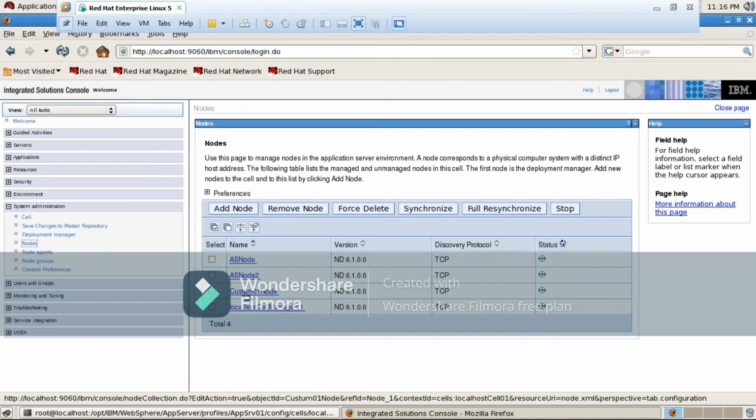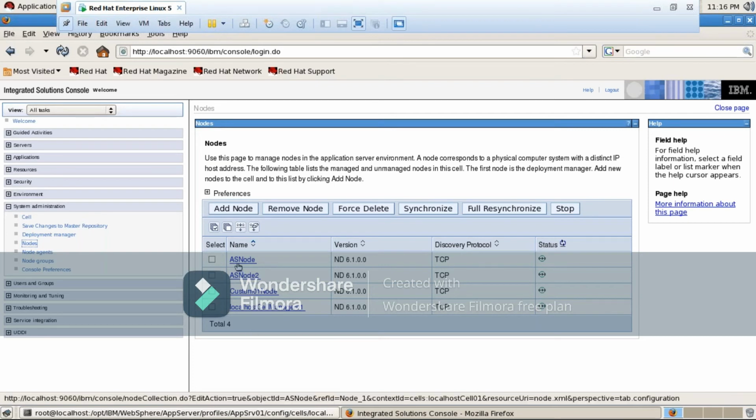In real time, remember, you are going to have one node for sure for DMGR, which is a dedicated node for the DMGR process only. Of the remaining useful nodes in the cell, only one node is going to belong to an application server profile. Generally, all the remaining ones are going to be custom nodes only.